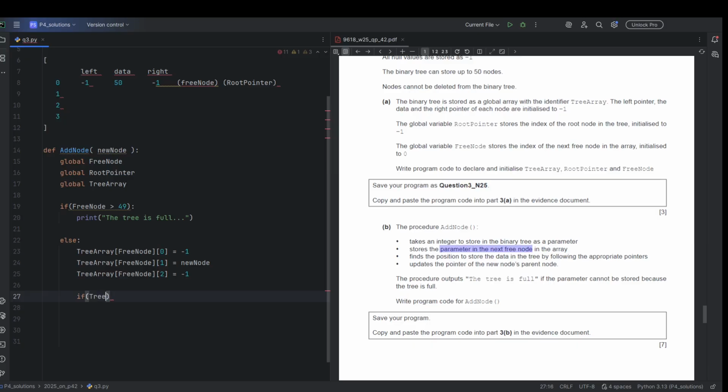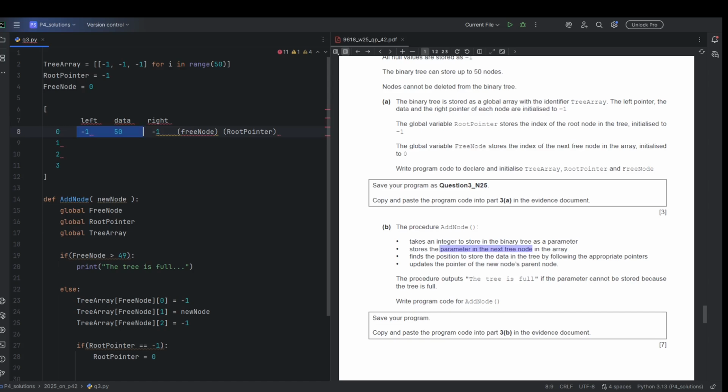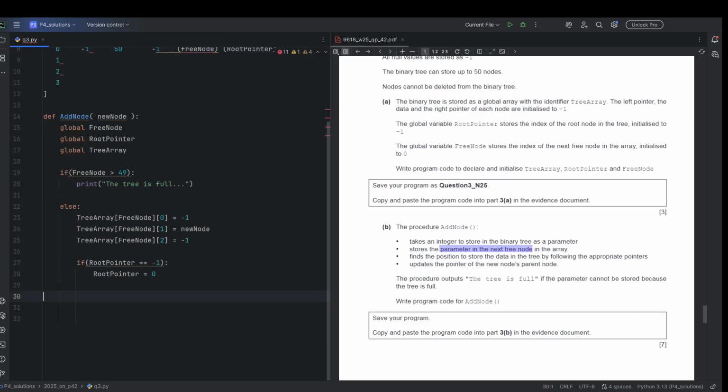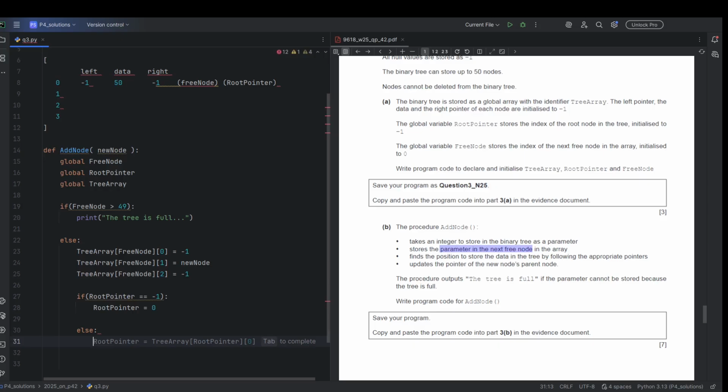I'm going to check if the root pointer was initially equal to -1, then now since we have added a value, the root pointer should become equal to 0. So now it will point to this free node that was previously free, but now we have placed a node there, so it's not going to be free anymore, and we are going to update the pointers. Okay, what next? So if that is the case, else,